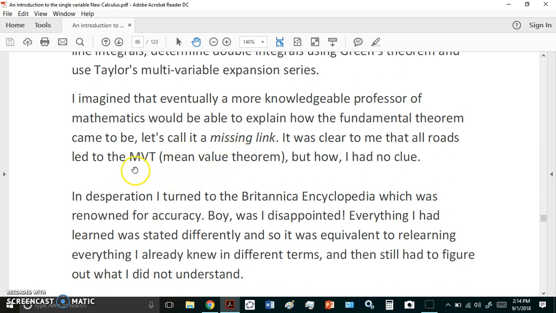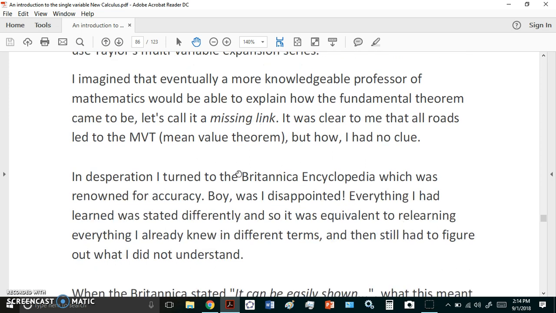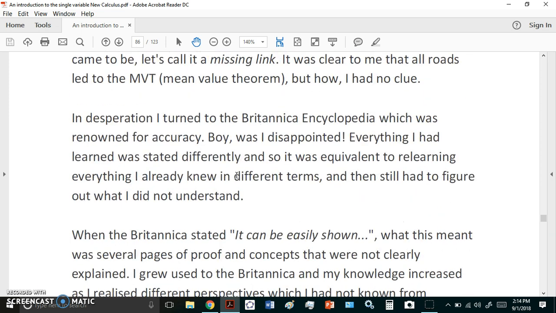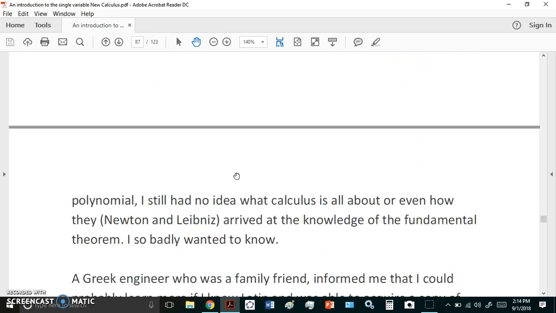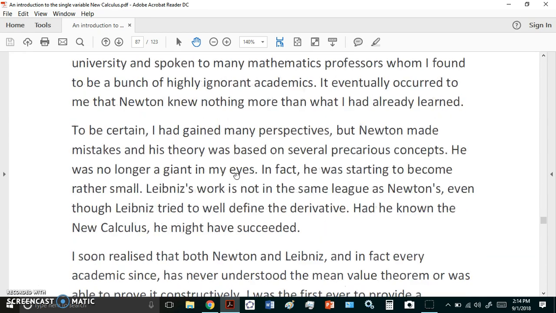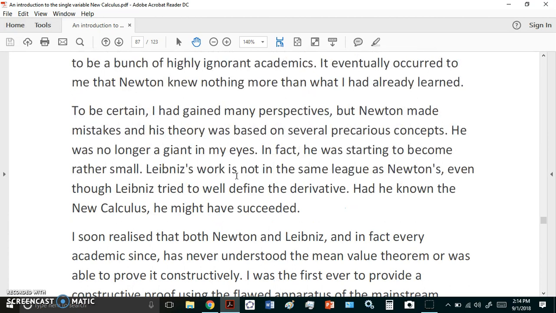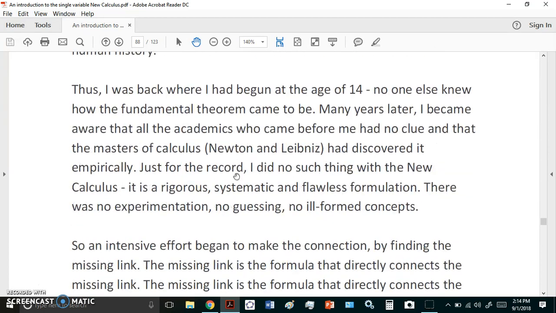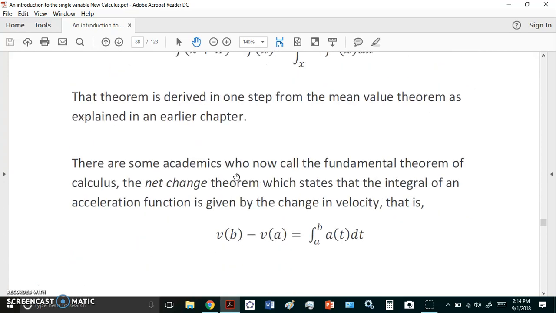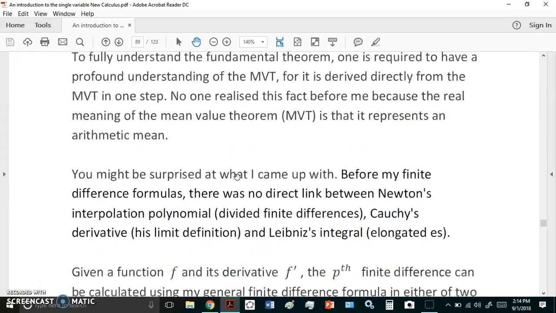And I had an idea that the mean value theorem had something to do with it because it looked so simple, so refreshingly simple, but I had no clue. So I did a lot of studying, and I also studied Du Bois-Reymond, some parts of it in Latin, which I taught myself, and I came up with some really astounding results,